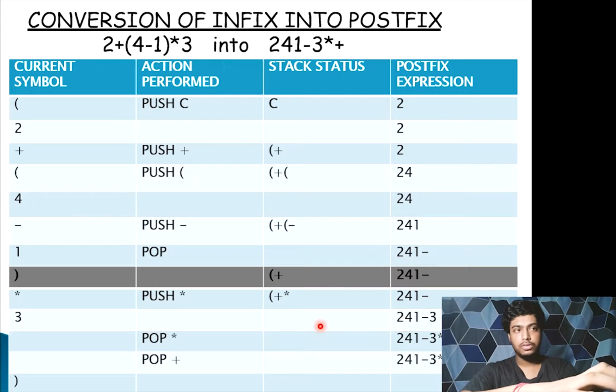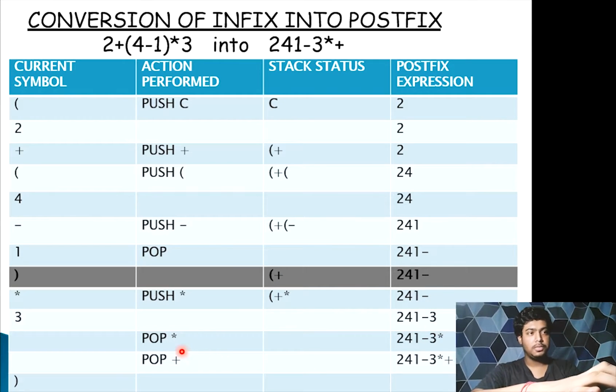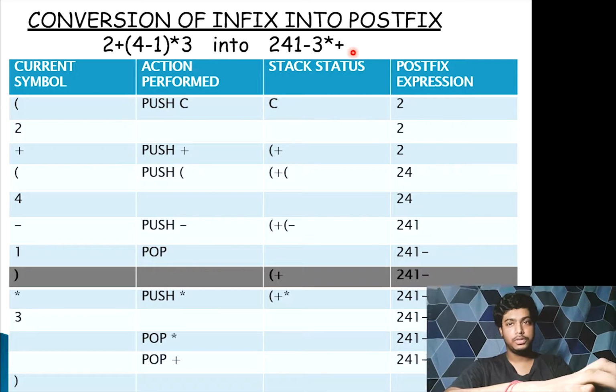The next operation is to pop out this star, the multiplication operation, from our stack and throw it here. And the next operation is to pop out the plus operation and put it here. After we do this, we get our expression as 2, 4, 1, minus, 3, star, plus. In this situation, the minus operation will happen first between 4 and 1, then we have 3 and 3 multiply, then we get 9, and then we have 9, 2, plus, that is 9 plus 2, and 11 will be the final answer. So we have converted our infix notation into a postfix notation. That's it. Thank you.